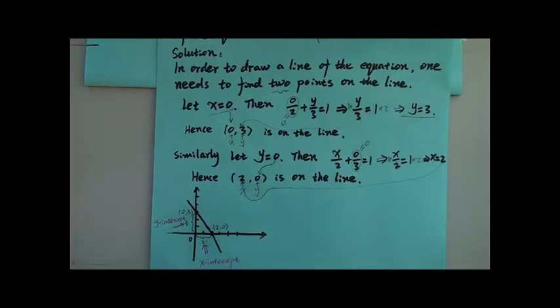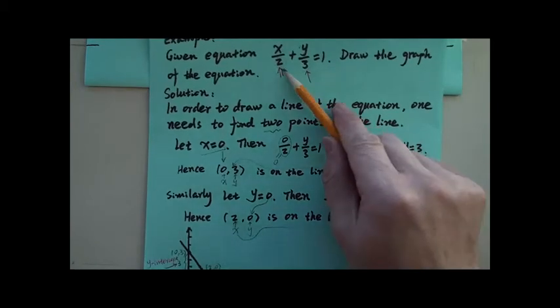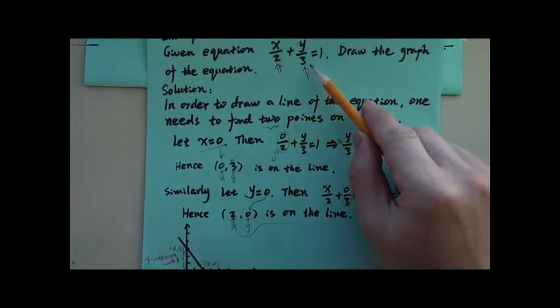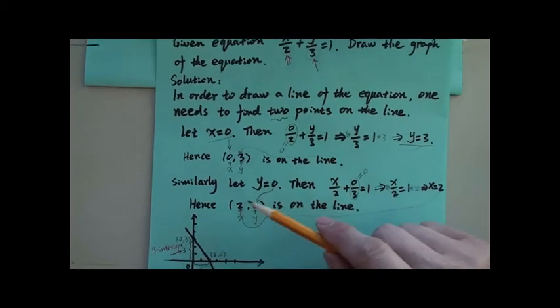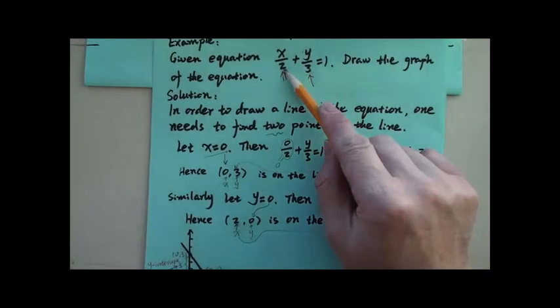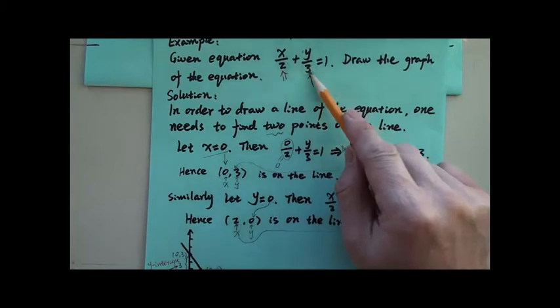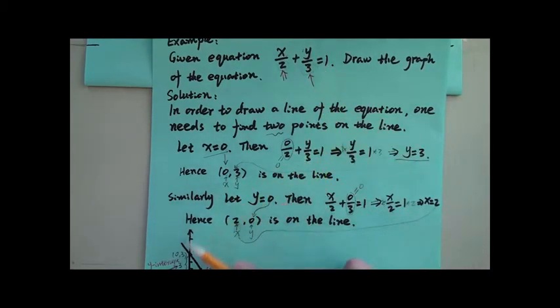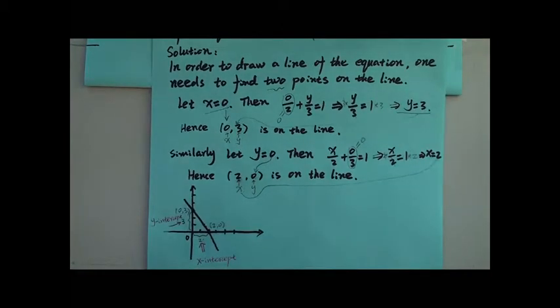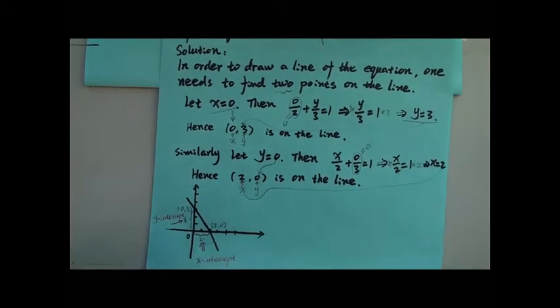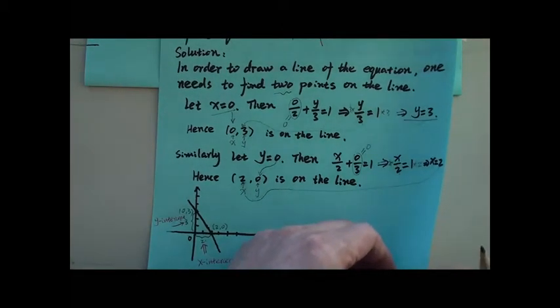Okay, this tells us y. 2 you can mark here, and you can mark 3 here. This tells us that y2 is the x-intercept, 3 is the y-intercept in this example. Okay. Now, for a given equation,